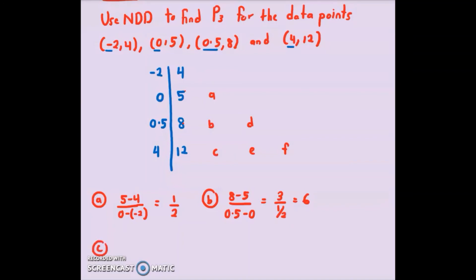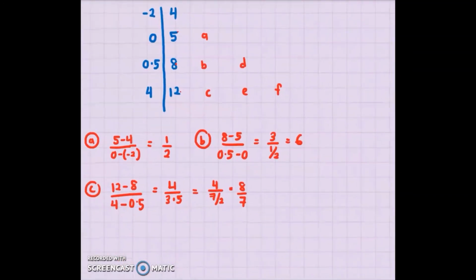So C here will be 12 minus 8 divided by 4 minus 0.5. So what is 12 minus 8? 4 over 3.5. Okay, so we have 4 over 3.5, which is 8 over 7. So we have obtained